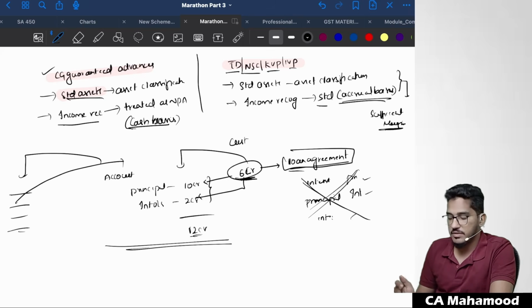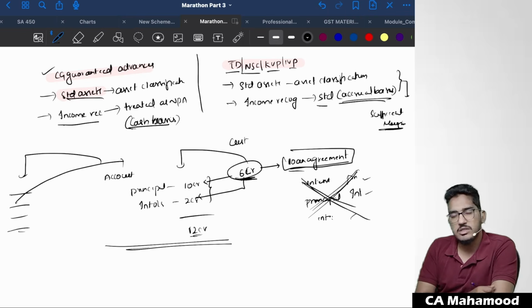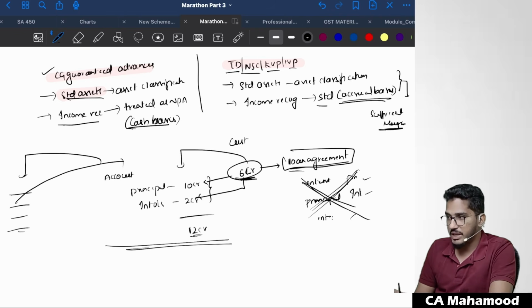Understood? So in case the loan agreement clearly has this recovery clause, follow that. In case it is not given in that particular loan agreement, follow whatever you are doing in the case of other agreements. But generally, as I have told, this will not happen. Why? Because today all the loan agreements are standardized. There is no chance of missing any of these clauses. Clear?